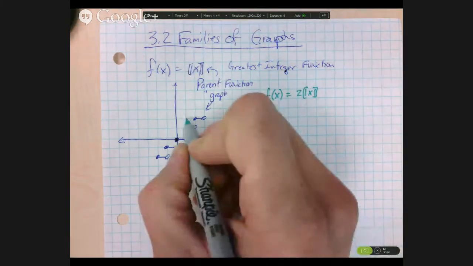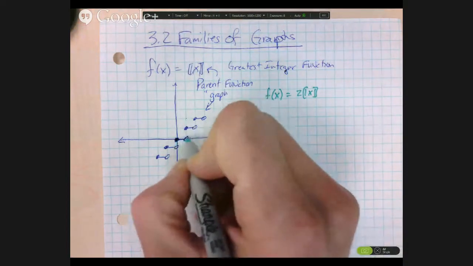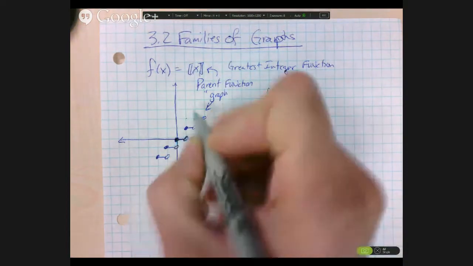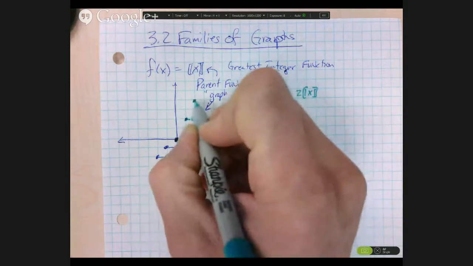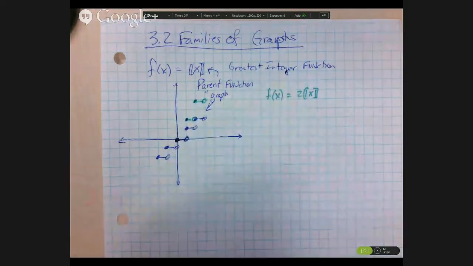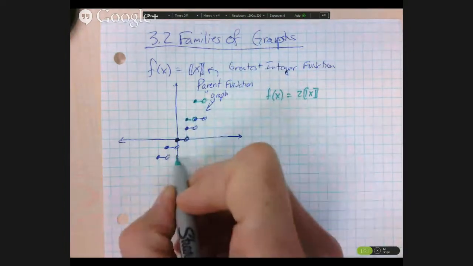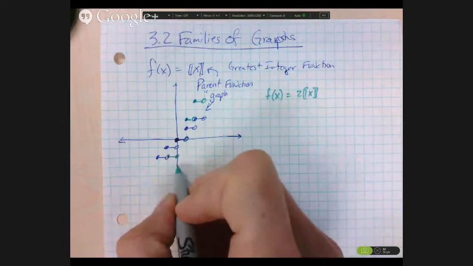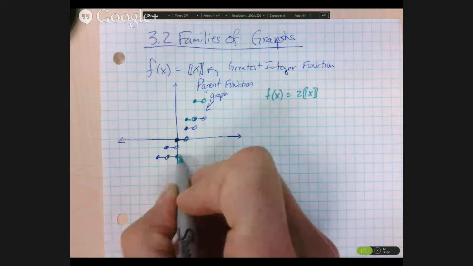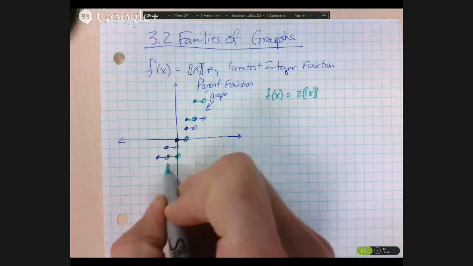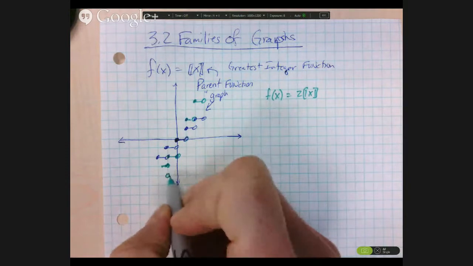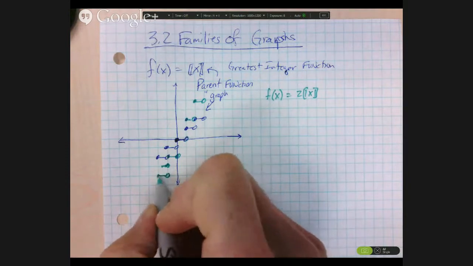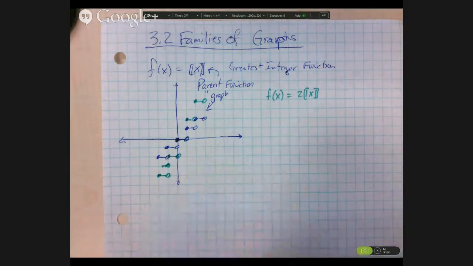So the new one's going to still be on the origin, but it's going to be 2 times 2 everywhere. Oop, that's not where it is. All right, so basically